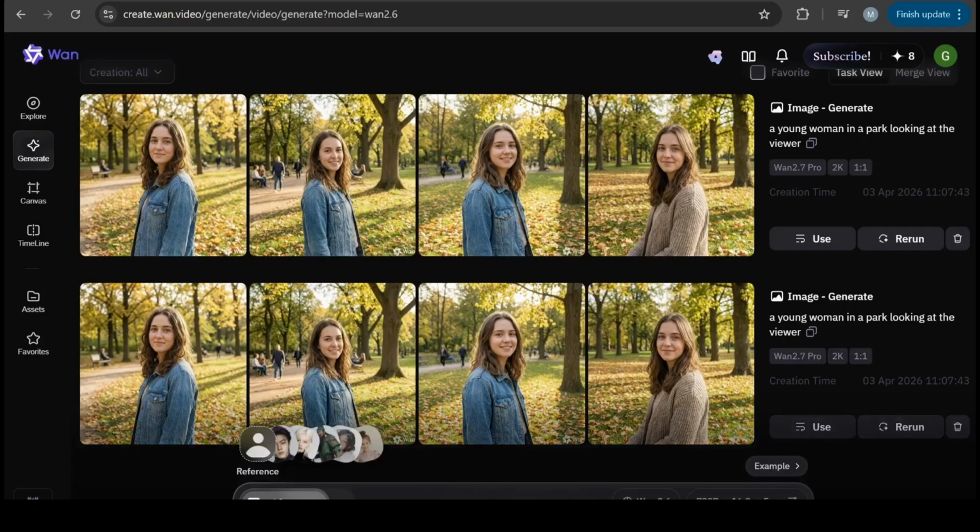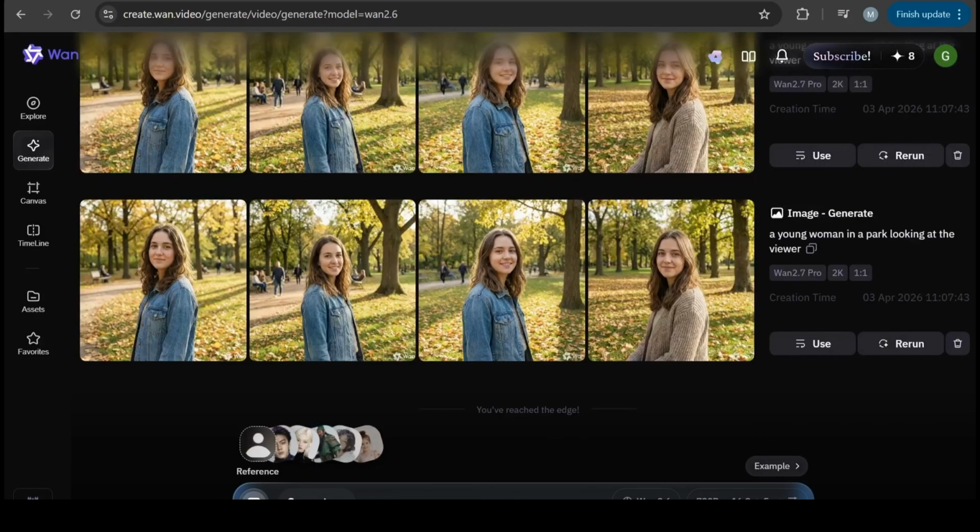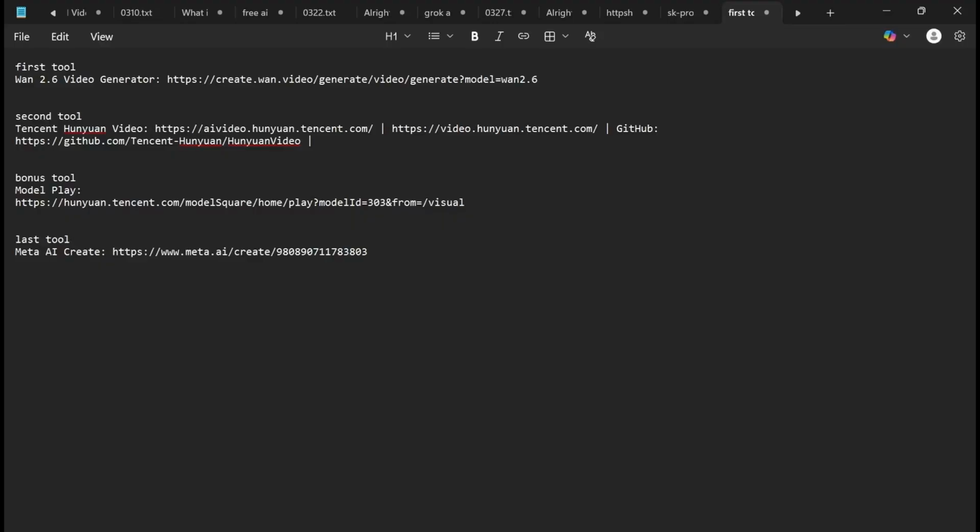So now that we've confirmed that, we can move into video generation. This is where most tools usually start to break, because motion is the real test. So we switch to video and type something like a dog running in a park. Simple motion-based prompts are perfect for testing because they quickly show you whether the model can handle movement properly. Now, before you even generate anything,